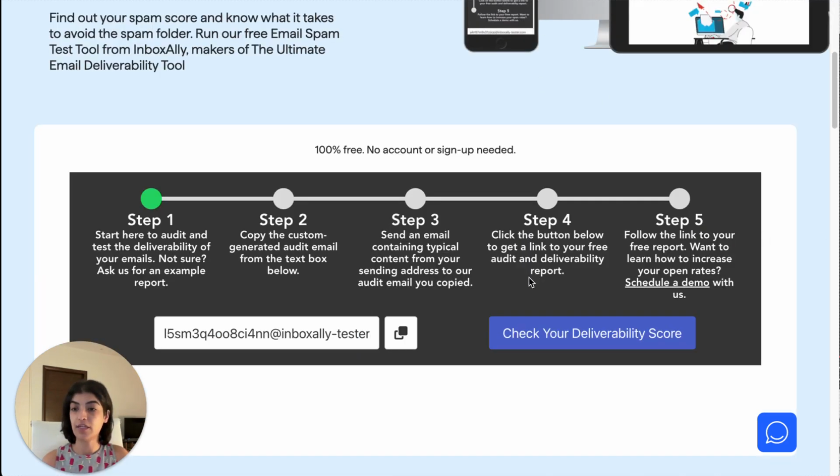So let's get started. Step 1 is something you've already done, which is landing here on this page. Step 2 is copying this custom generated email or audit email from this text box. So if you just click this copy button, it has copied it to your clipboard. Now you'll go ahead and go to your email sending tool or whatever it is that you use to send out emails. And then step 3 is basically you send an email containing typical content,